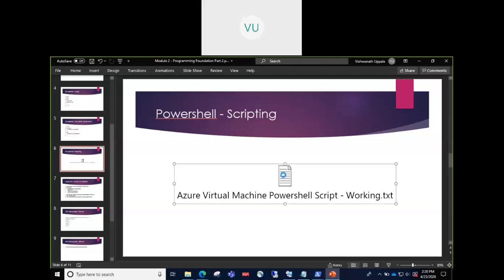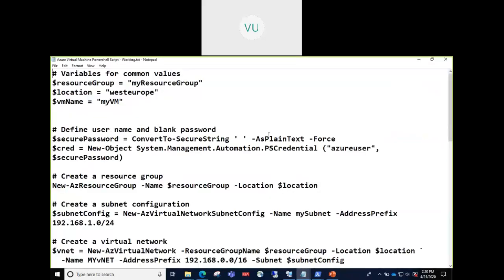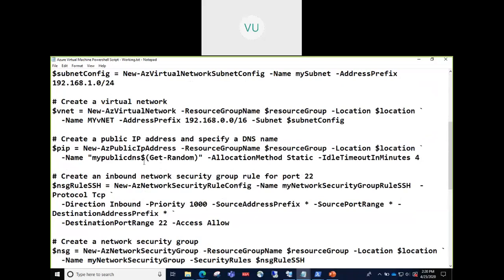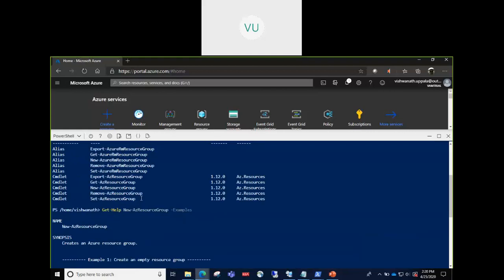Now, why did I go through this PowerShell script? To make you understand what each command is actually doing, how it is constructed, what parameters it is passing. How do you create a PowerShell script in general, not specific to Azure, but in general. Okay, so yeah, these commands will already be there with all the examples. Even in fact, you look at here itself, right?